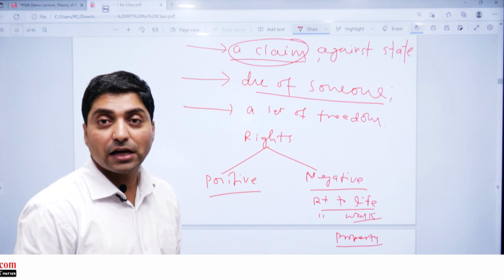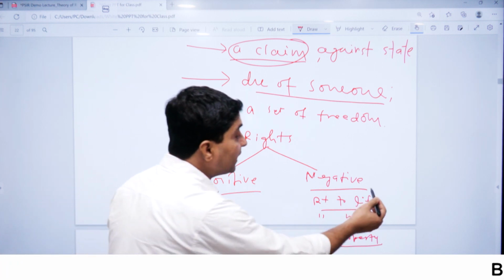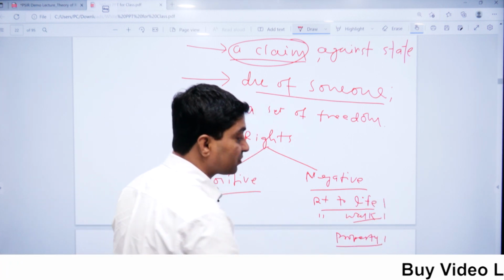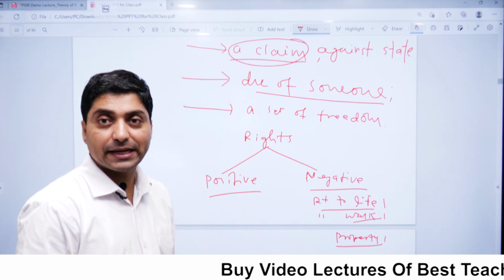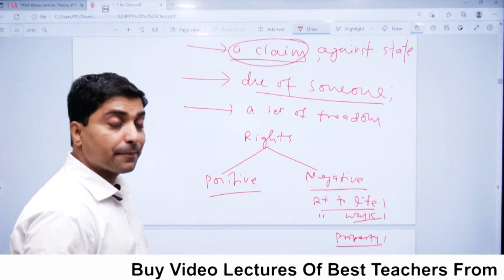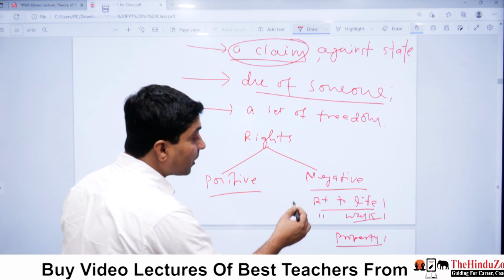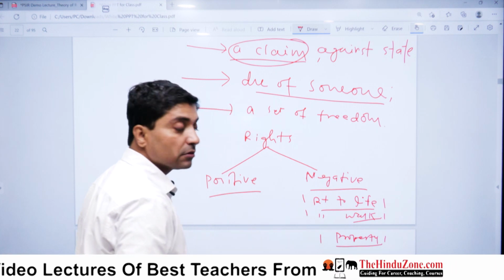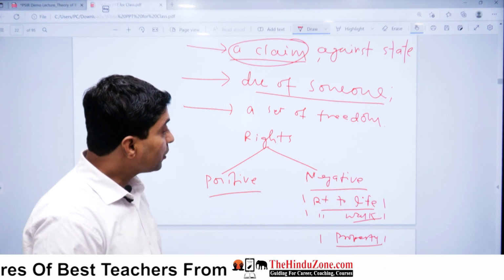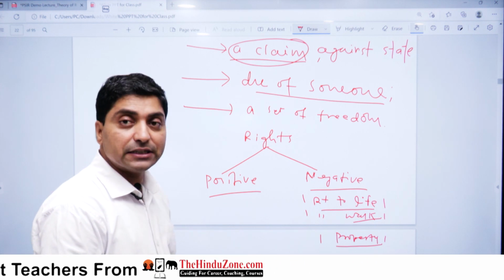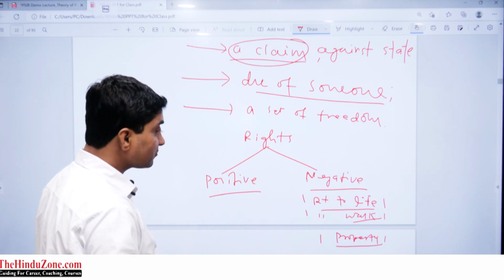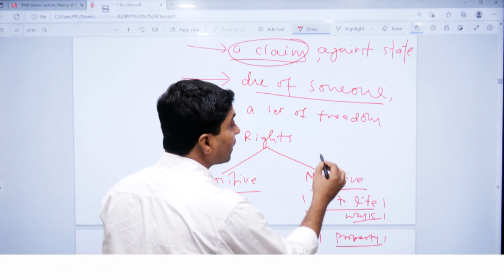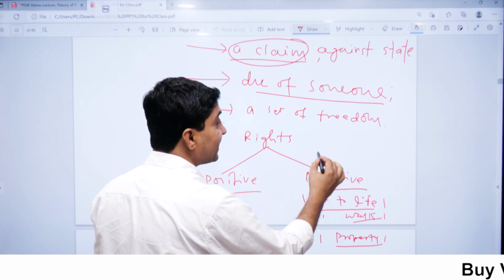That is a natural right, and this right should be protected and cannot be taken away by the state. Right to marry, all comes under negative right. Now if you see the positive right, so here you can see rights of individual against the state,